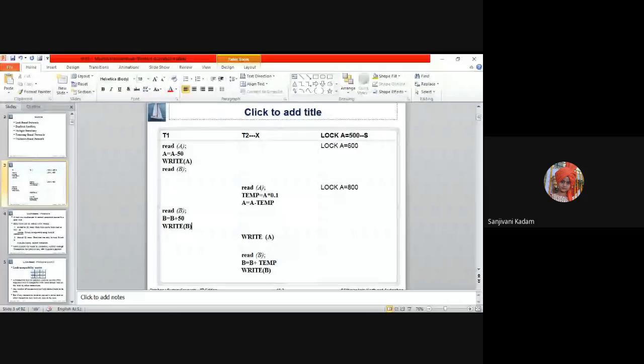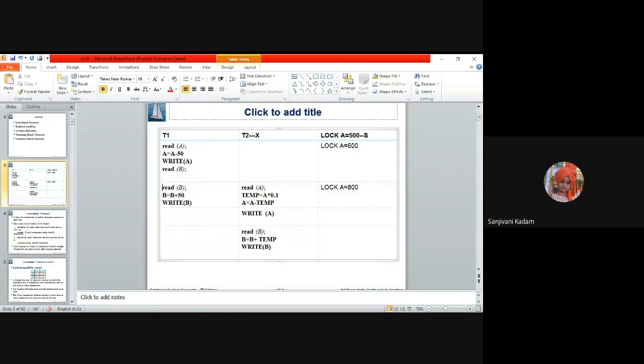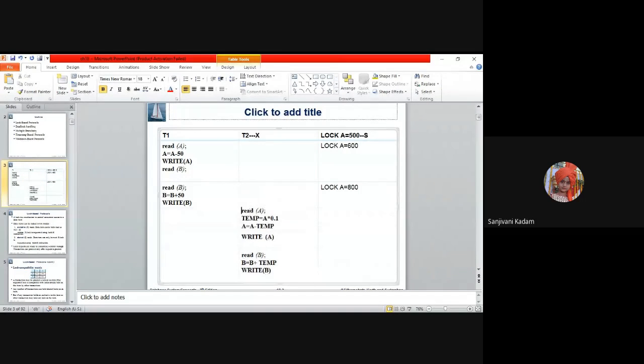So I took write A here. Similarly, all these operations are taken on B and all these operations are done on A. It means this part and this part are not in conflict, and hence I can make this part execute before this, and after this I can execute this part.